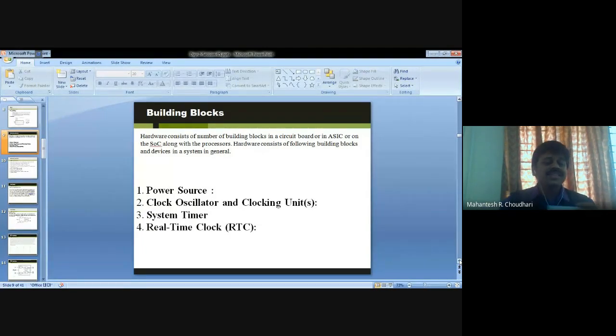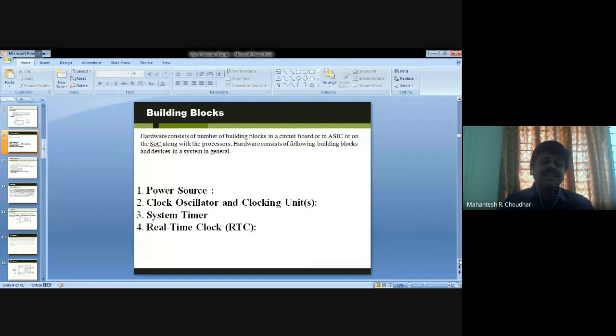Generally, the power source supplies the various units in an embedded system. They operate in one of the ranges, like 3.3 volts for GPS models and all, a 5-volt operating voltage, then 12 volts.